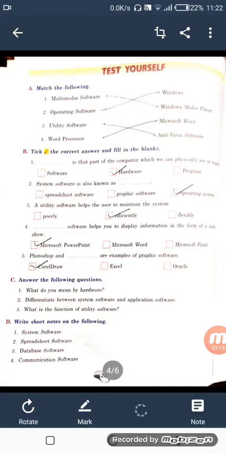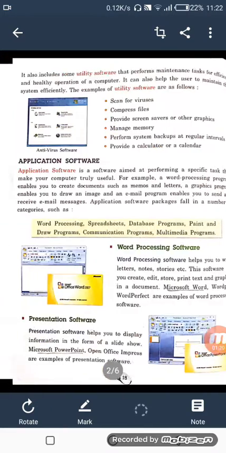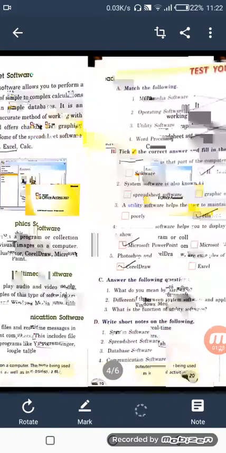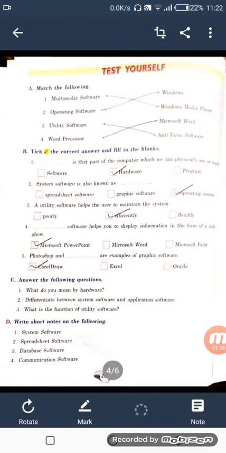After that, operating software. On the first page of this book, the operating system given is Windows. So we will match operating software to Windows. Next one is utility software.